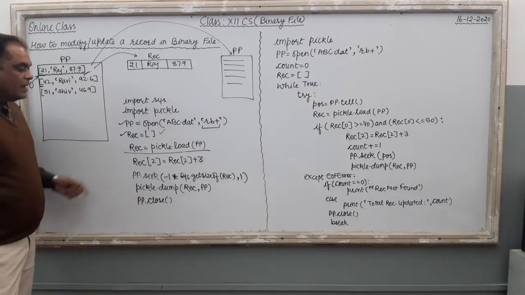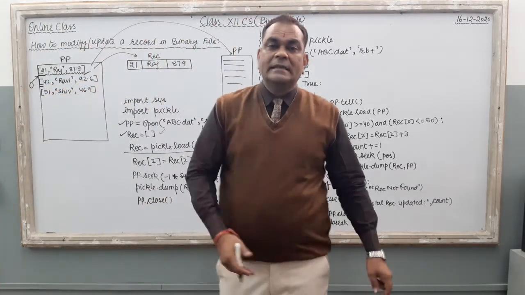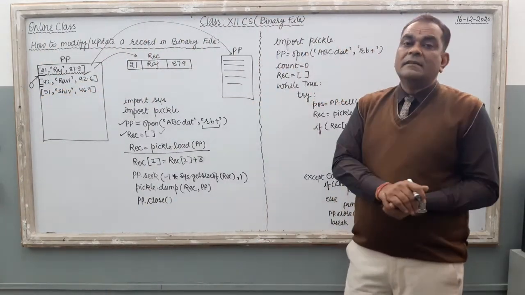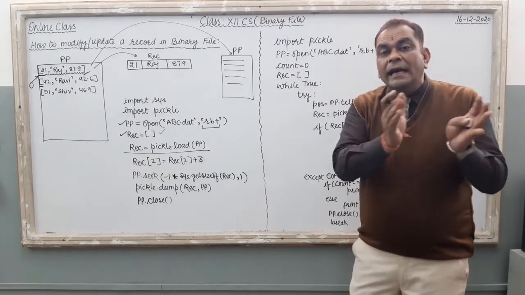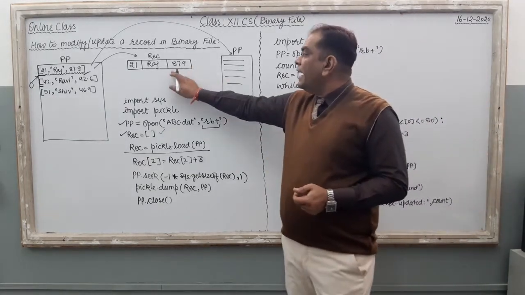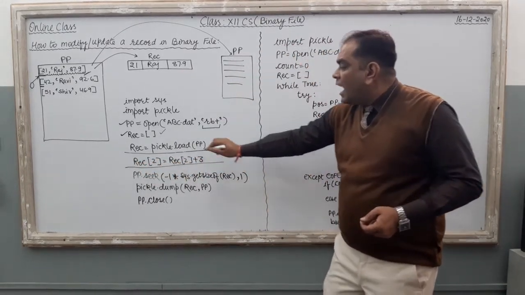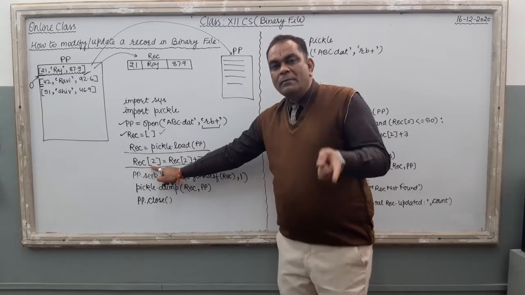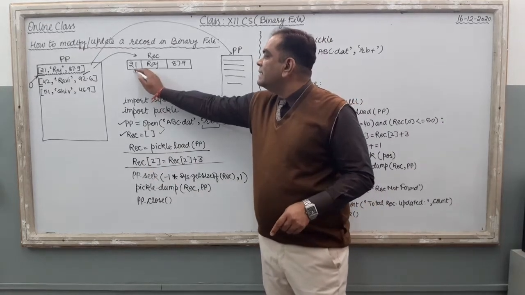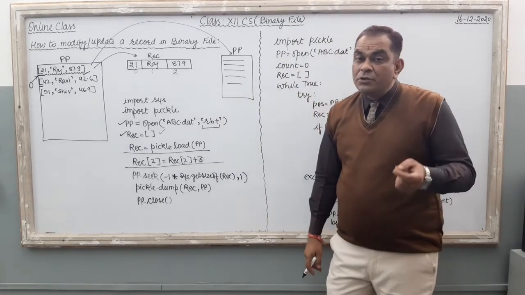So suppose right now, the percentage of the first record's student, I want to increase the percentage of the student by 3% marks. Right now it is 87.9, so what command am I giving? Just see, my command is this one. rec[2] means the second position. It is the 0th position, it is the first position, and it is the second position, right? Where did I want to make the change?